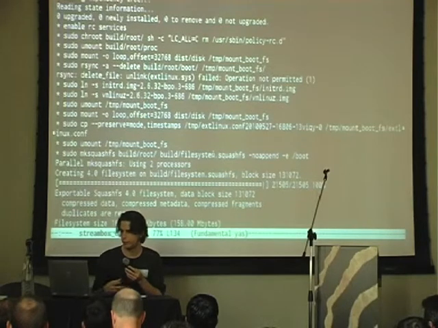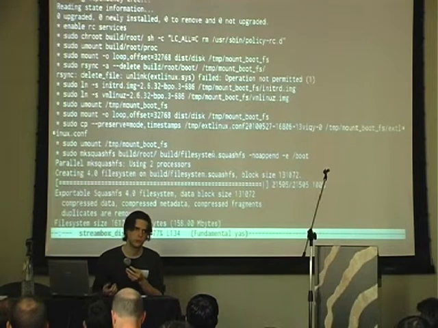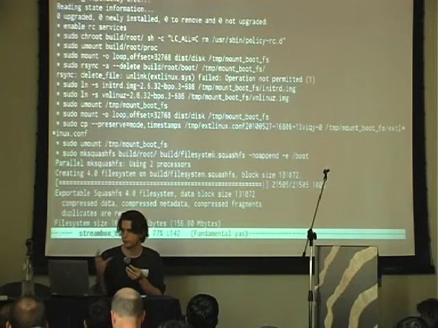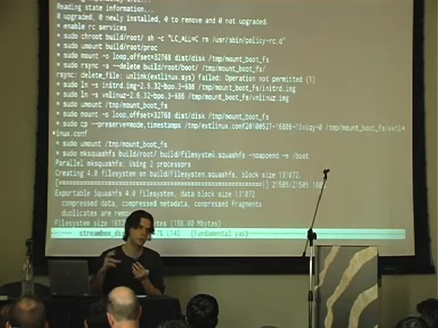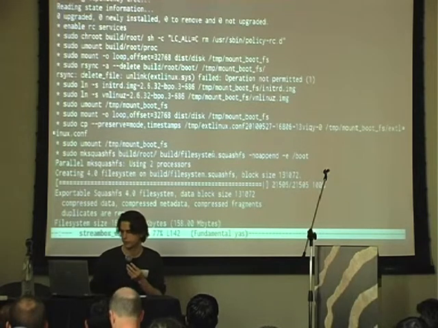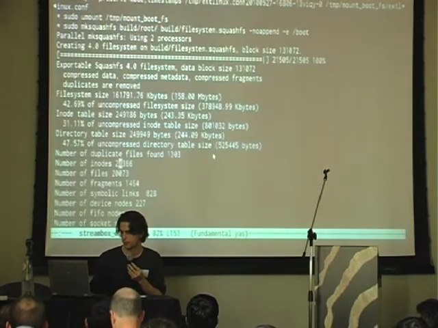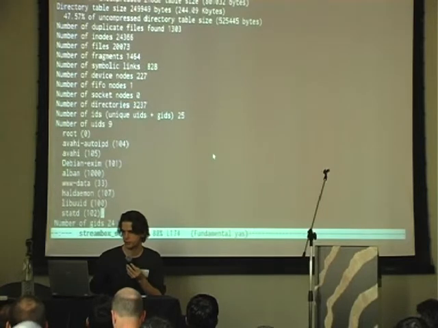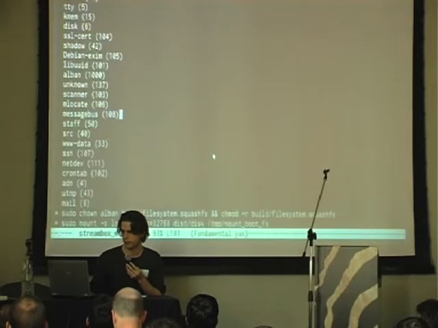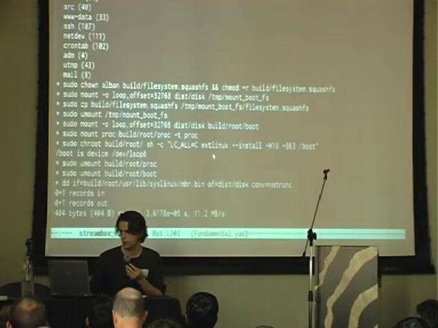And we're creating, in this case, the squashfs, which is a read-only compressed file system, with the directory. The image contains the directory we use to configure the system. We create the squashfs file, which is the root file system, in fact.